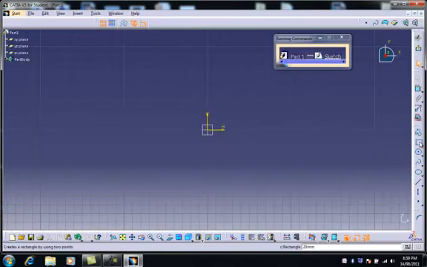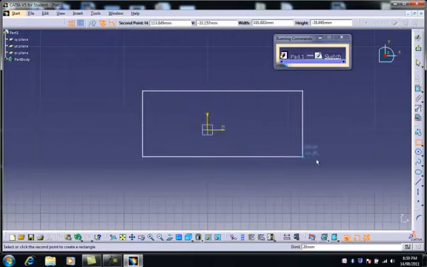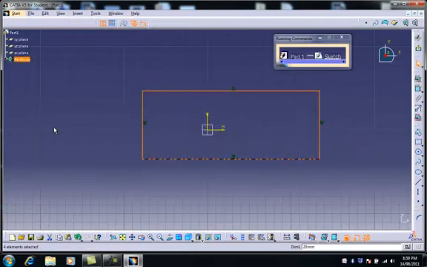I'm going to grab a rectangle drawing tool and click again for a rectangle. Now I can make this any size that I like, but at the moment that doesn't really matter. What I'm going to do now, having decided the size of the rectangle, I'm going to exit the workbench,